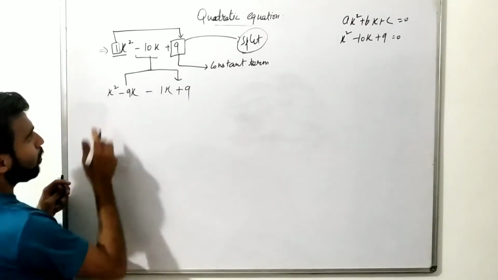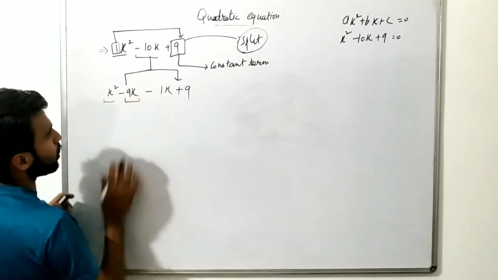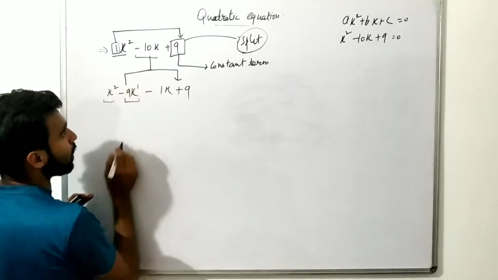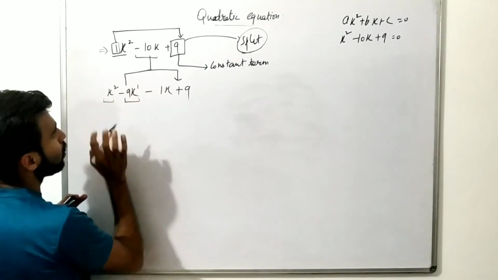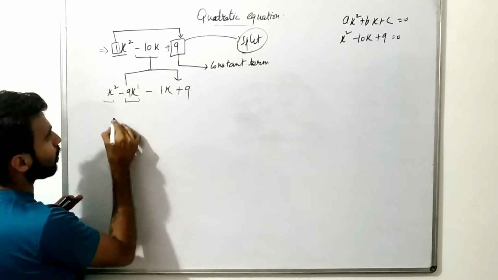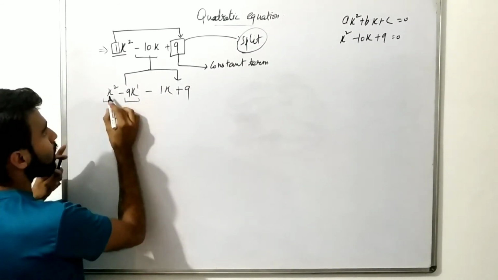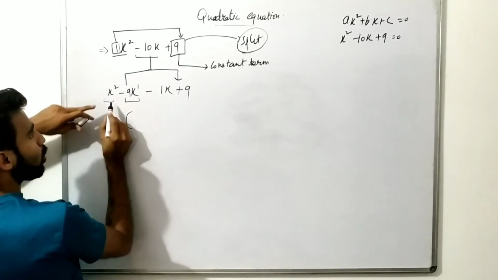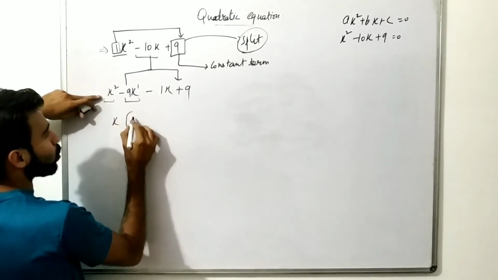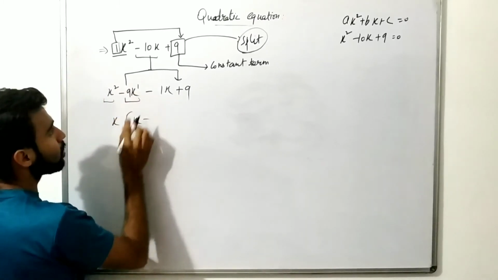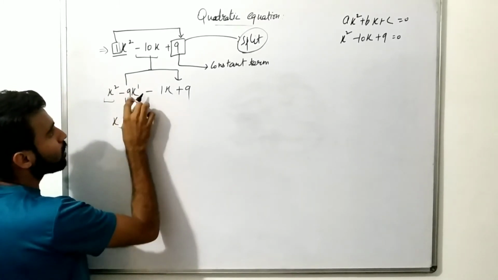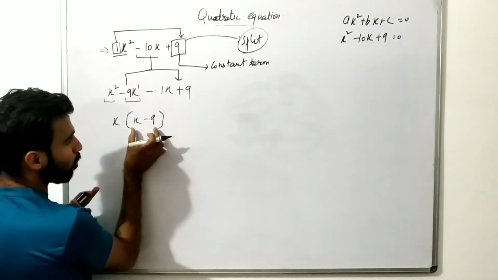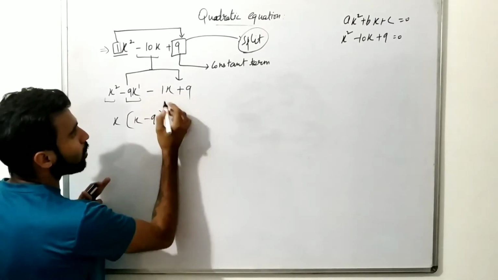Now let me just observe the first two terms here. So what is common in these two terms? The power of x is simply 1 here, and here the power of x is 2. So x is common here. Now you can take this x common out. What will be the remaining in these two terms? You have taken x out here, so the remaining is x. Now minus, you have taken x out here, so what is the remaining? This 9. Now as you have obtained this bracket here, simply what you have to do is take common in